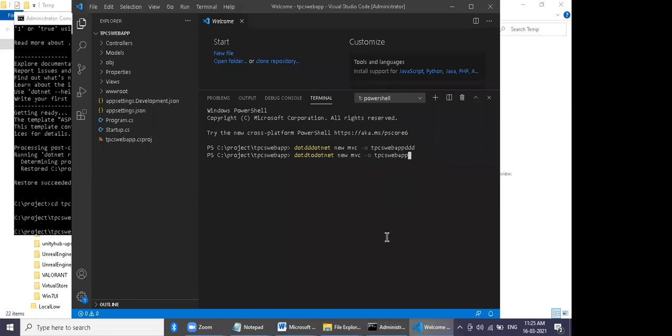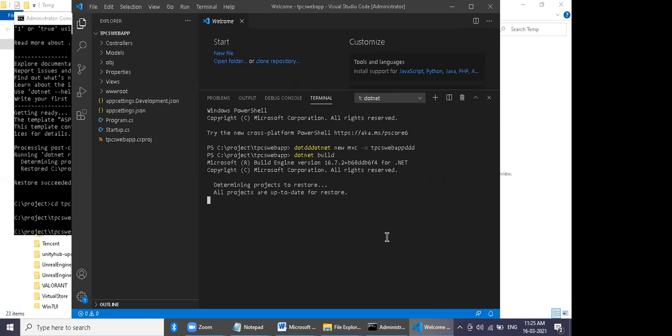Remove this one and type .NET build. Build means compile, okay? Hit enter. It is going to check your code, whether your code is okay or not.